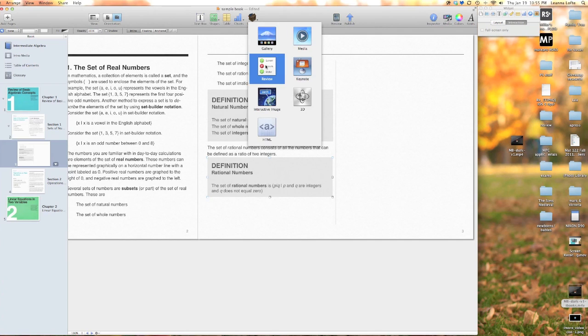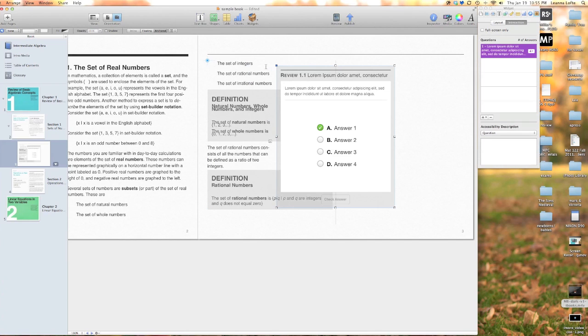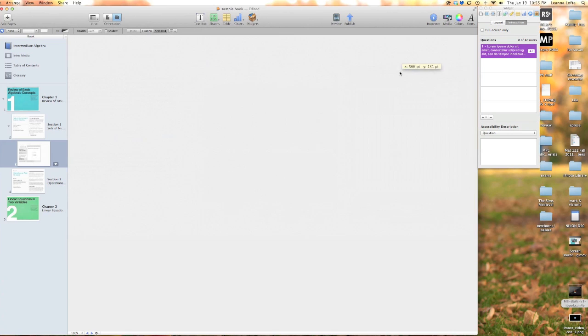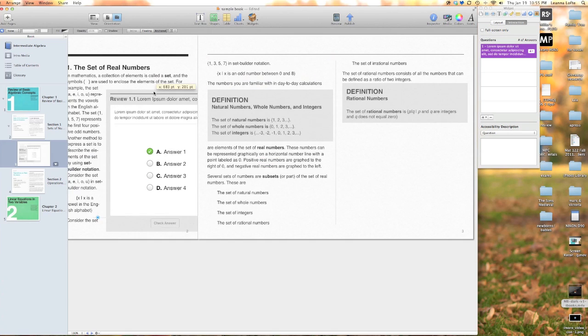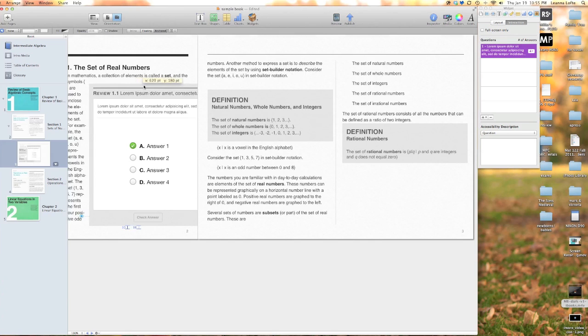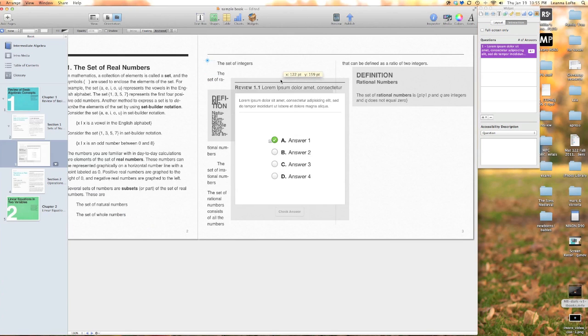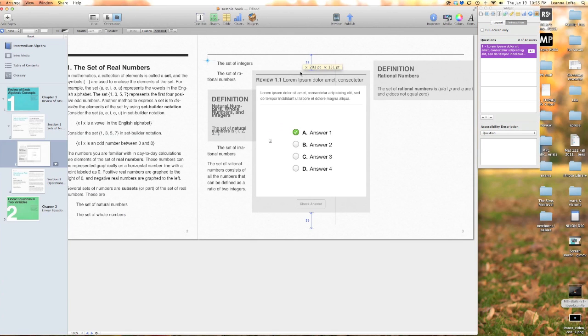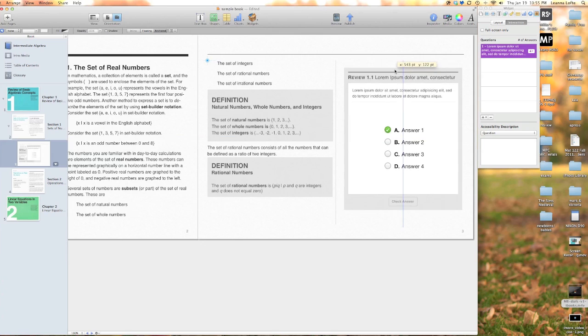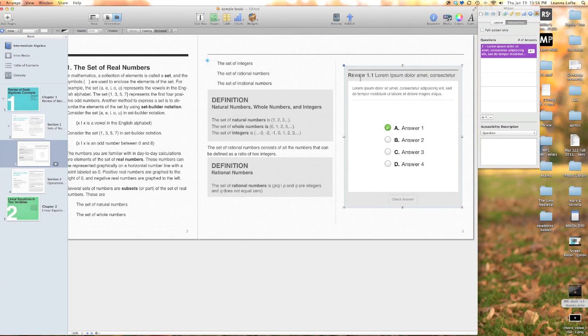So I'm going to add a review widget, which is basically like a mini quiz. So I'm actually going to drag this guy over here. As you can see, I can put it wherever I want, and right now it's set to be there with the text. I can change that just like I would with documents on pages. Okay, and I can create a quiz, and